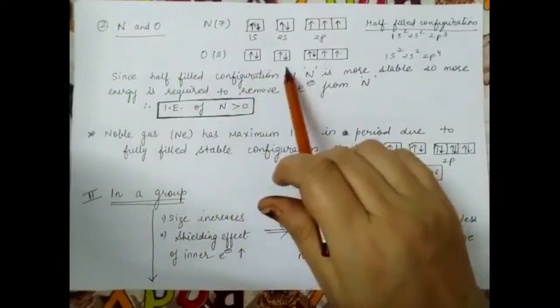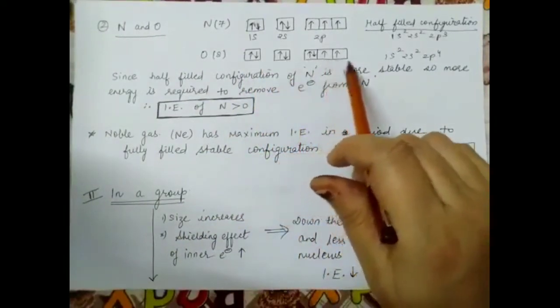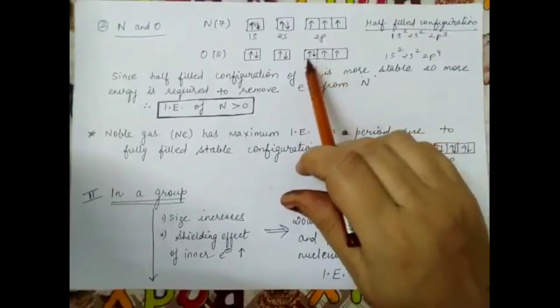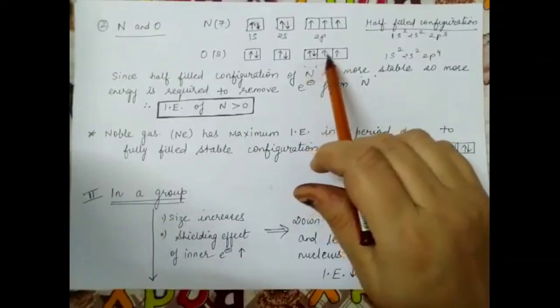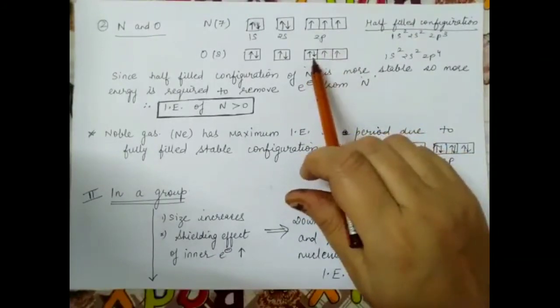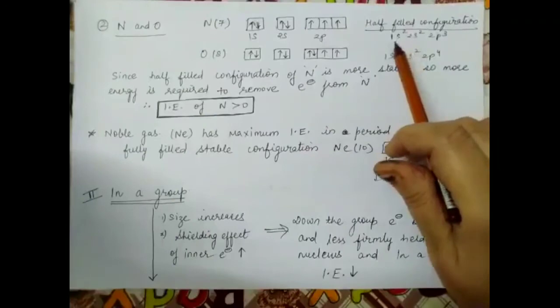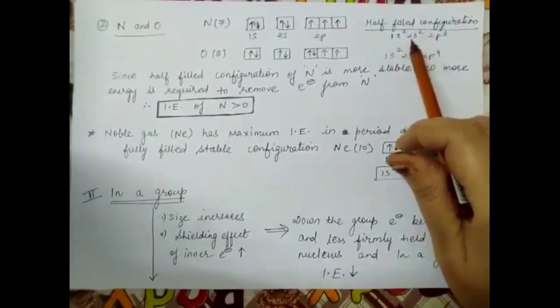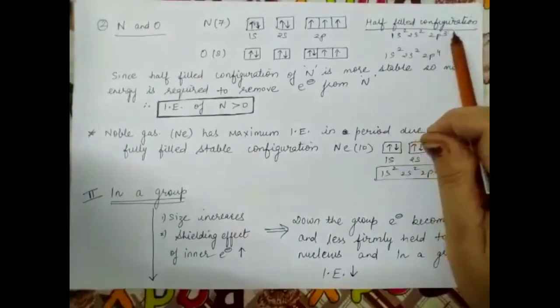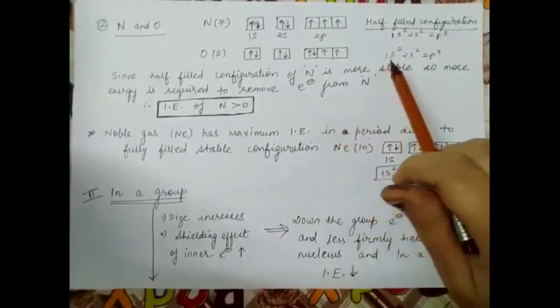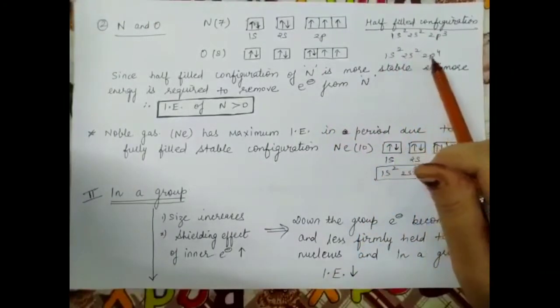1s, 2 electrons will come in 2s, and 2p will be having 4 electrons. So you can see first the orbitals are filled single, 1 1 1, and then this is pairing. So 4th electron is this. Clear? So the configuration of nitrogen is 1s2, 2s2, and 2p3, having 3 electrons. Oxygen is having 1s2, 2s2, and 2p4.